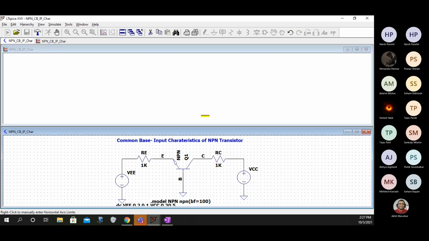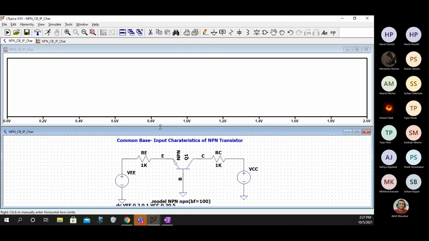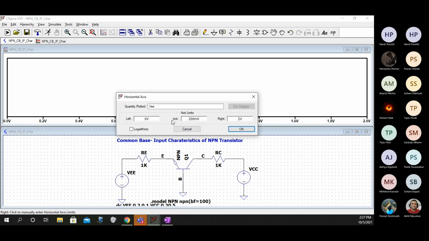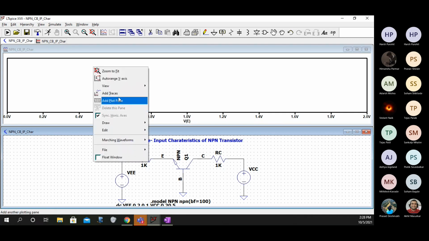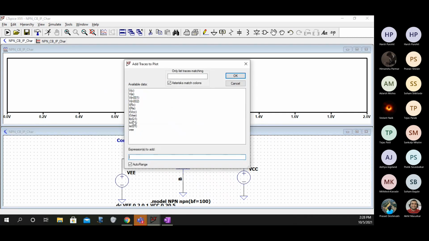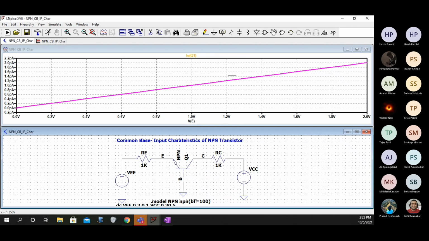Let's see what happens. You will get something like this. Now again on x-axis we want VEB. So VEB is V of E minus V of B. V of B is grounded, so no need to write that. So you got here V of E, and here I want IE. So you can see this kind of a curve.